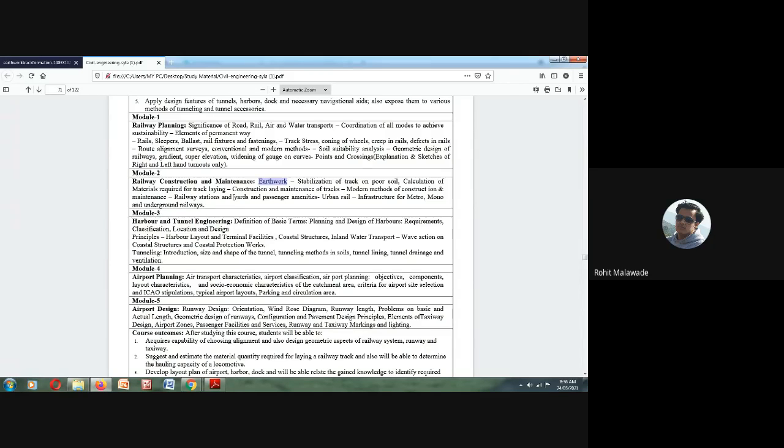For example, for 1 kilometer of track, how much length of rail do we require? How many sleepers should there be, how many fish plates and fish bolts? What quantity of ballast do we require? What quantity of earthwork or formation is going to be required? All these calculations per kilometer length we are going to calculate here. So calculation of materials required for track laying we will be studying.